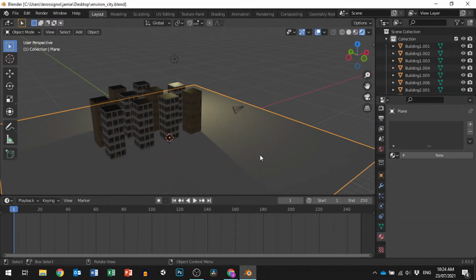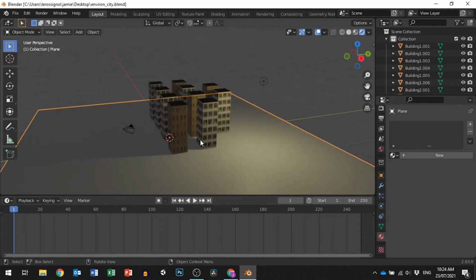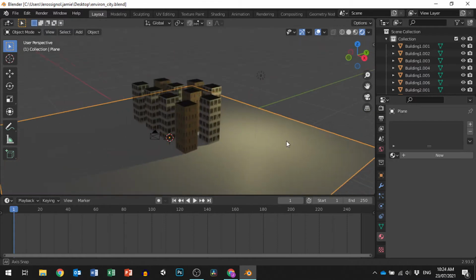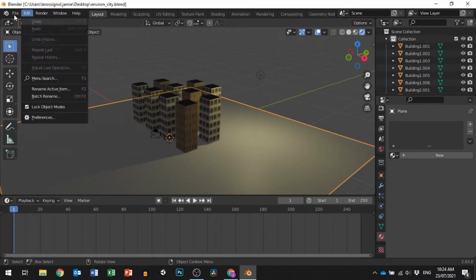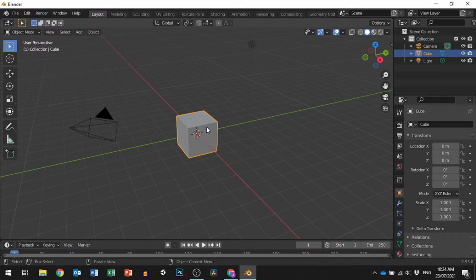Alrighty, so this is my second go at environmental modelling. This time I'm aiming to do a bit of a cityscape. I'm just going to worry about the buildings in this thing, and here you can see sort of a finished version. So if I just flick over to a new general blend file, I need to start transforming this cube